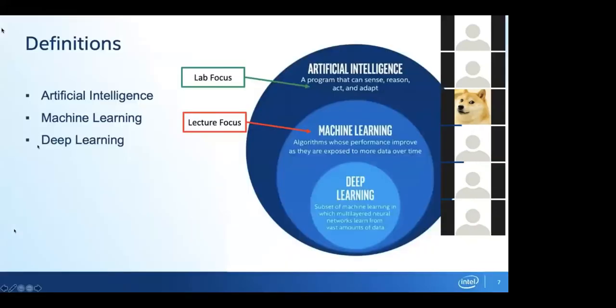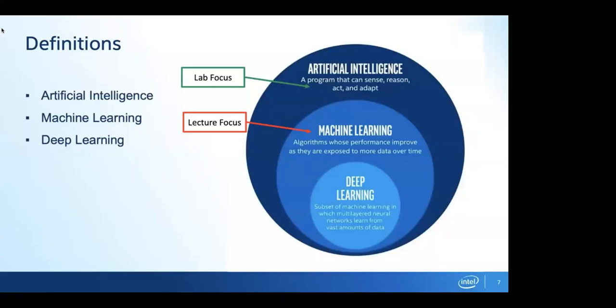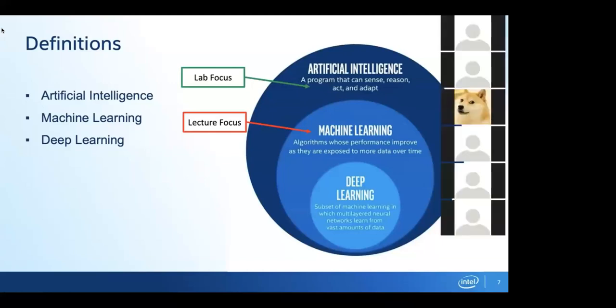Now, as I promised earlier, we're going to talk a little bit about artificial intelligence and how this relates to things called machine learning and deep learning. So in general, artificial intelligence is a very, very vague term, right? It's something that's artificially intelligent. What we think of as natural intelligence is humans or animals. Artificial intelligence is the intelligence that we try to encode into computers. And as you can see, it's a program that can sense, reason, act, and adapt.